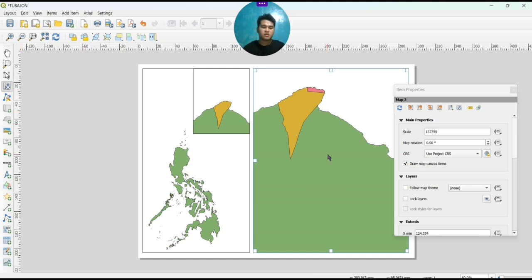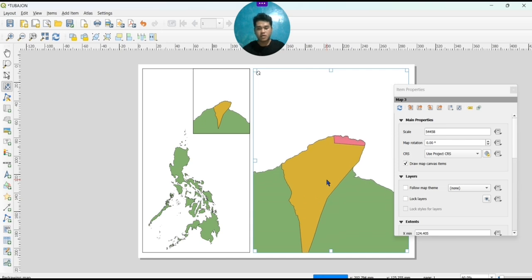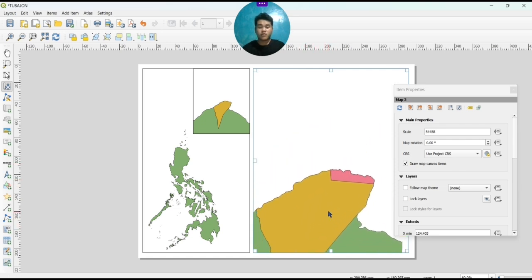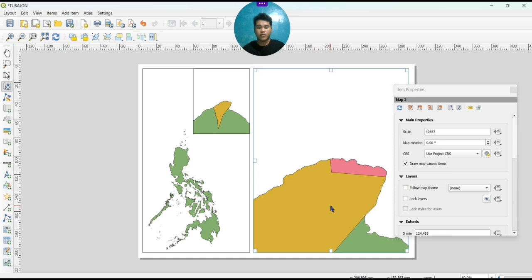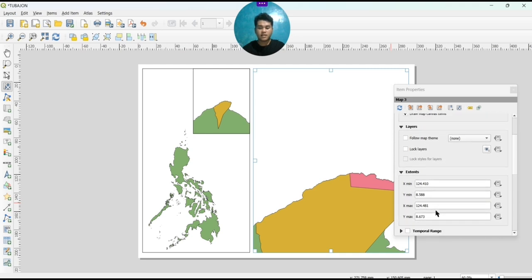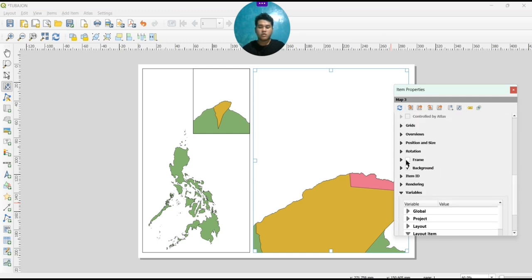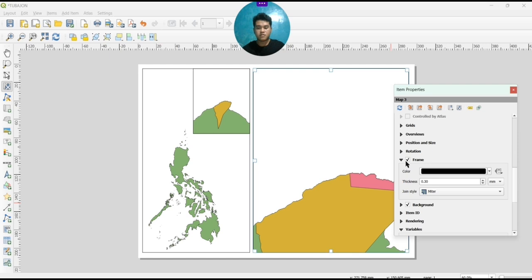So in this case, I want to move the map, so I will use move map and zoom in to the part that I wanted, the Tubahon, which is located at Lagindingan here in Mindanao. In my case, I just want it placed like that. And now we want to lock it. We will just lock it here. Yeah, we locked. And then next, we will be adding some frames on it.